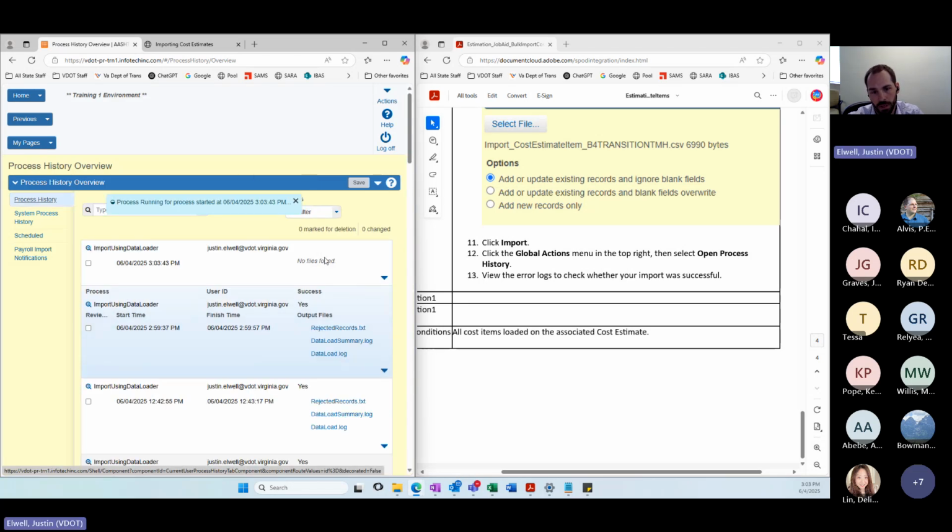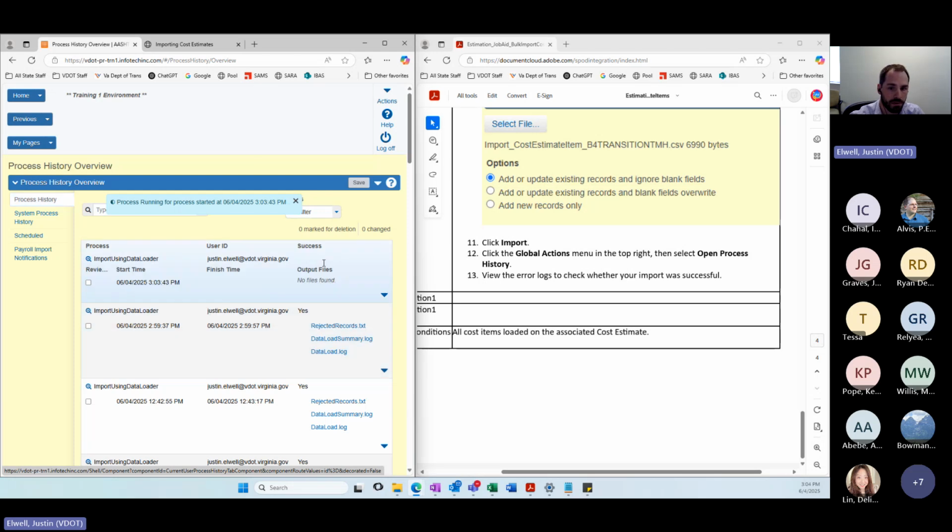Wait for that to load. But it basically just added 3 more of the same items to that cost estimate, which is generally not what folks are looking for.